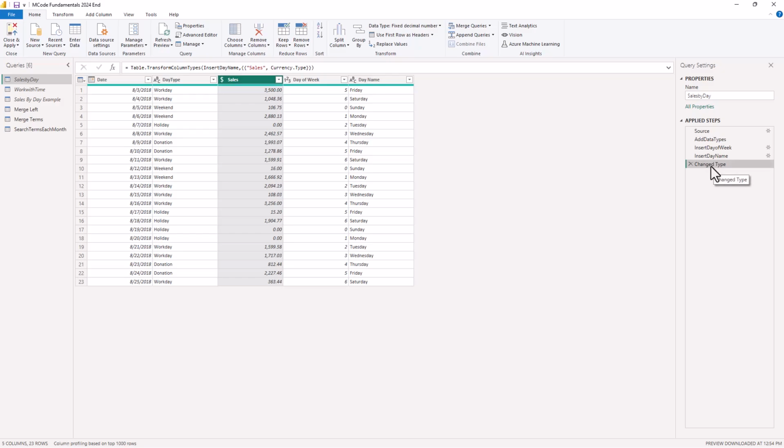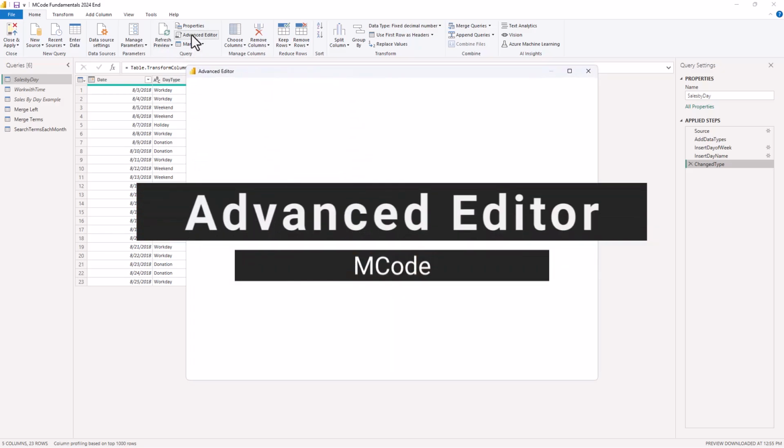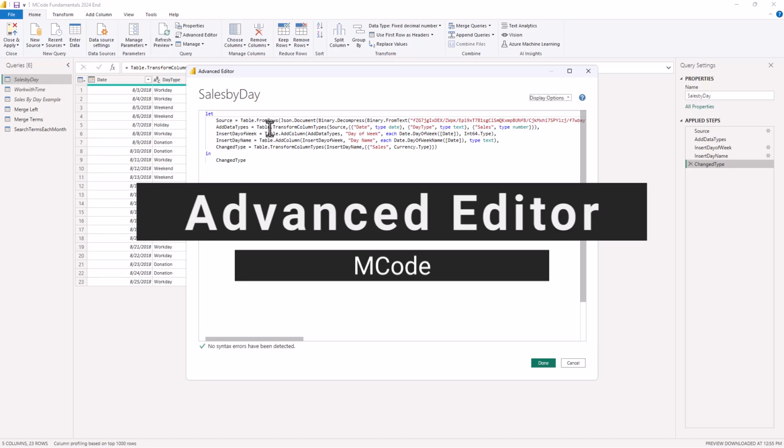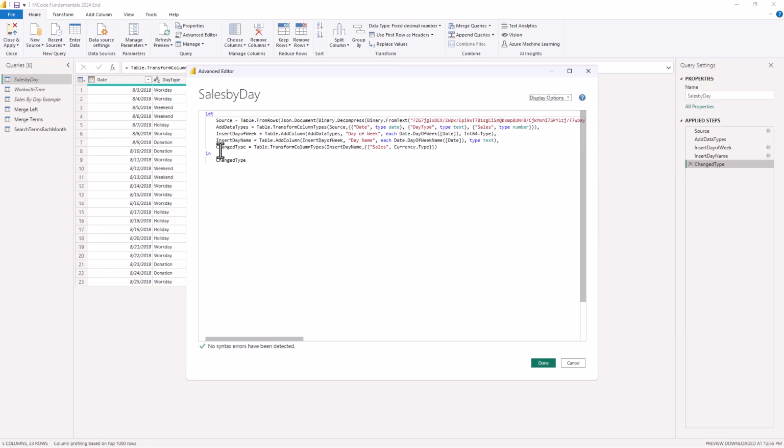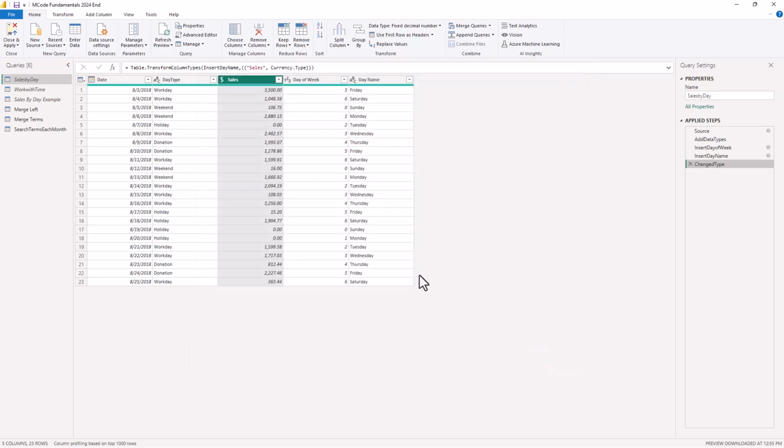We change the type. We're going to rename this to make it easier to read, change type. Now, if we go back to the advanced editor, we notice we've got add data types, inserted the day of the week, we inserted the day name, and we changed the type. And by having just one word with no spaces rather than spaces between each word, it's easier to read. So we can select done, and that is a look at the basics, where to find that M code,